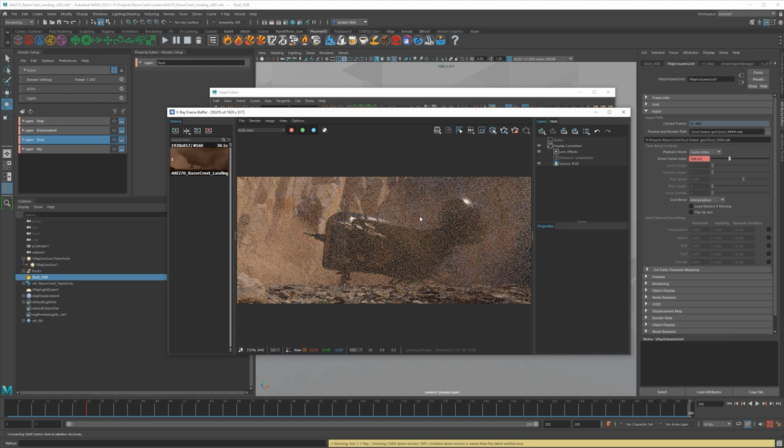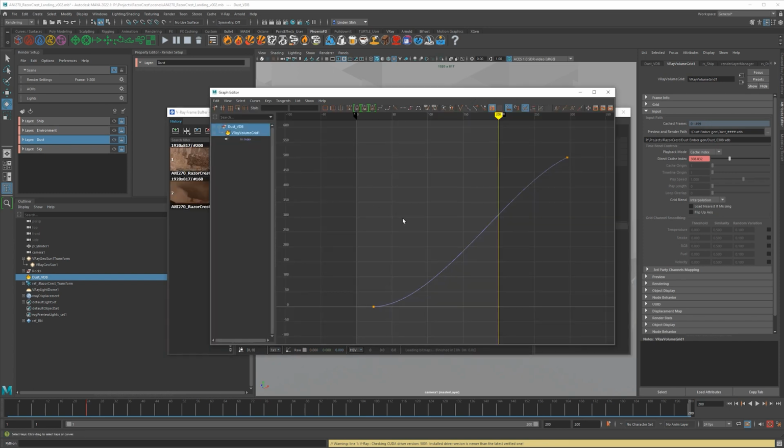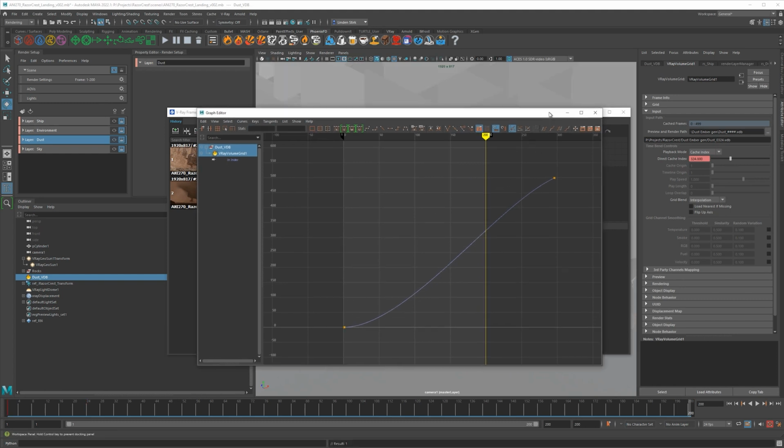And we don't want to have too much dust, but we want to have a fair amount of dust. This might actually be a little bit more than we want. It's up to you though. If you want to have a little bit more of the dust gone at this point, what we could do, we could stop the IPR, go back to our graph editor. We could have this start at frame 1 again, to have it start a little bit earlier, or we could have it end a little bit earlier.